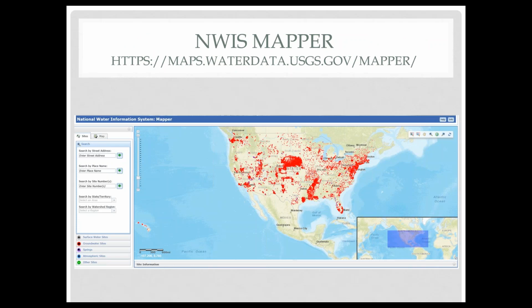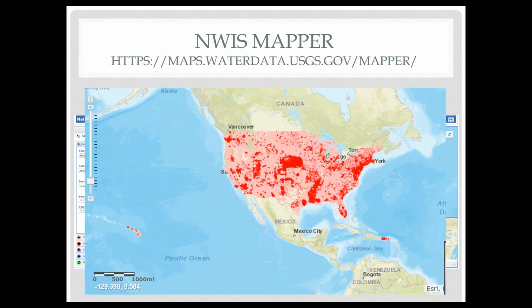So this is NWIS Mapper. This is the map interface where you can go in and type in the area, a street address, a place name, or the specific site location, and you can get the information for that site. What you're seeing right here in the red dots are active sites. I'm going to overlay the inactive sites. Inactive sites are sites that haven't had a water level measurement in the last 13 months. That doesn't mean that they won't have one soon, but as you can see, we have a large amount of